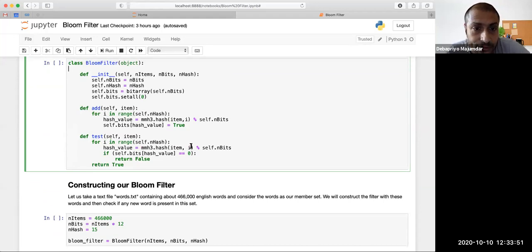MMH3 with a particular seed defines one unique hash function. So again, the same seed, i in range self.n_hash, and the same way we generate the hash value. If some element was seen before, it will generate the same hash value. And if the bit is equal to 0, then we surely know that we have not seen this element before.